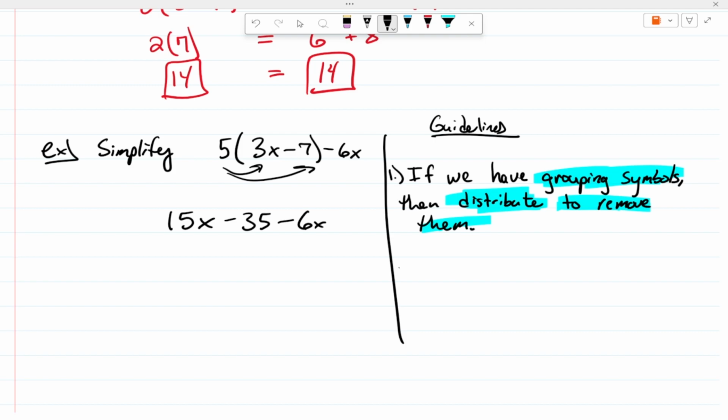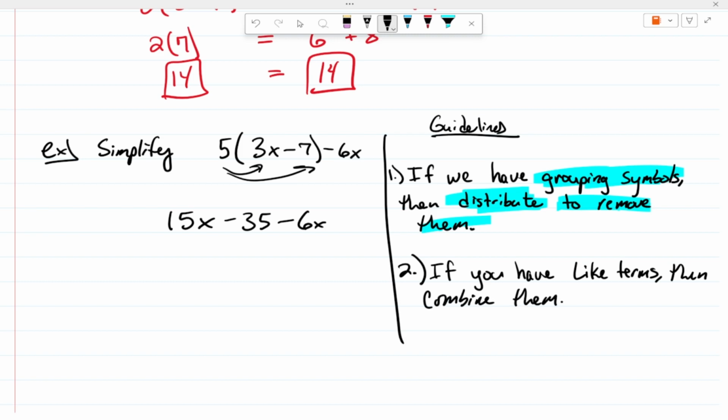Now, the second thing you're going to want to do, if you have like terms, then combine them. Once again, another conditional statement. If you meet the condition, like terms, then here's your conclusion. Combine them. But the big question here is,